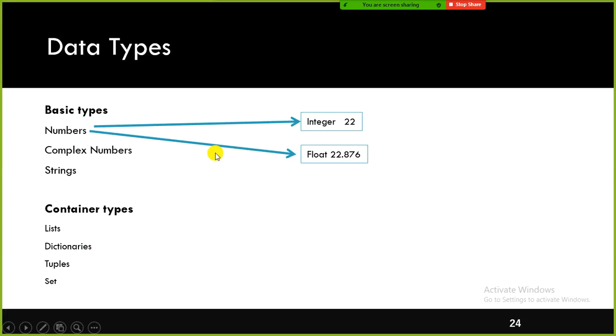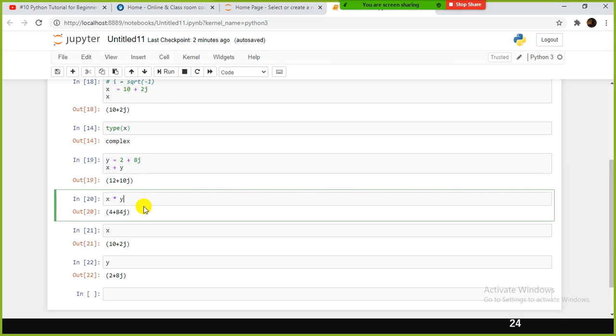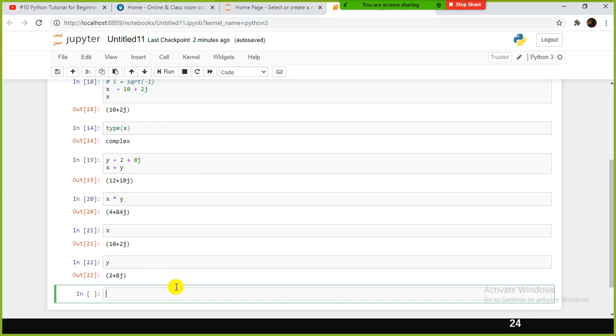Okay, next one is the string data type. You see here, we don't have a character data type. We have something called the string data type. String is the one commonly used in other programming languages like Java and C, C++. The str, string function is used. Right, so string functions.